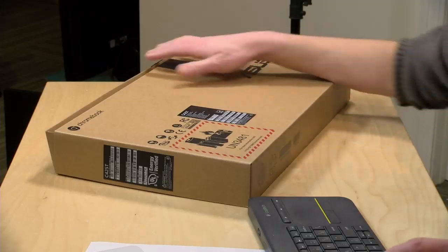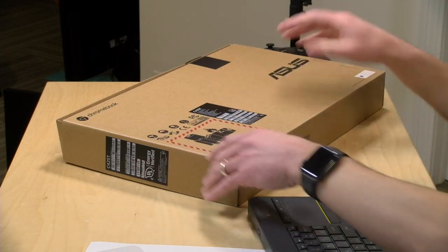Streaming. Get that stream going. And we're going to run over to the Amazon app now and get this going here. And we'll get going. So this morning, we are going to unbox the